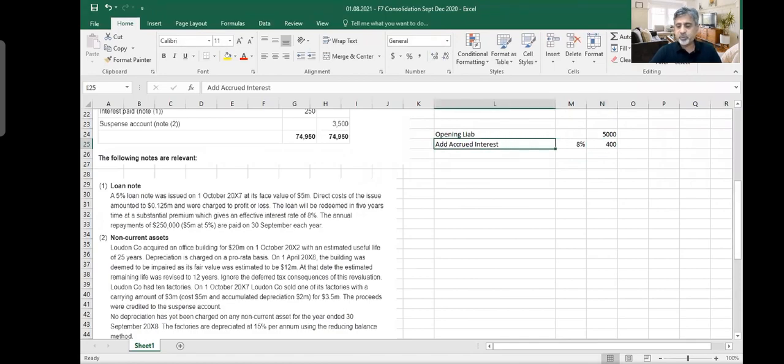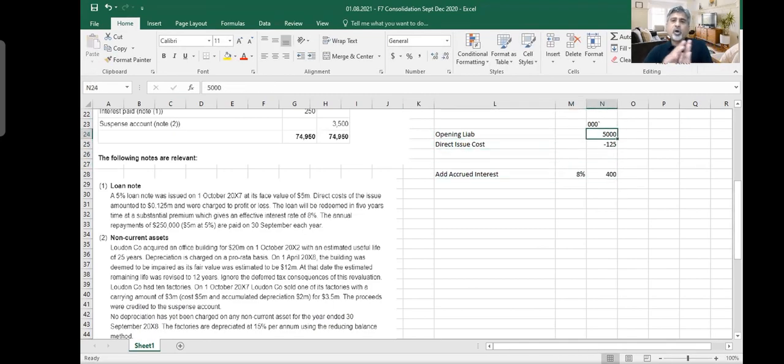Actually, I'm sorry, the opening liability will not be this much. I would say that direct issue costs are 125. I'm putting 5 million as 5,000, so I'm putting 3 zeros on the top. So this is actually 125,000. Be careful with the numbers, okay? Either you can put all 6 zeros, or instead of putting so many zeros, you just put 3 zeros on the top so that you don't have a lot of zeros in your calculation. And then 125,000 means 3 zeros there as well. So your opening liability is actually now